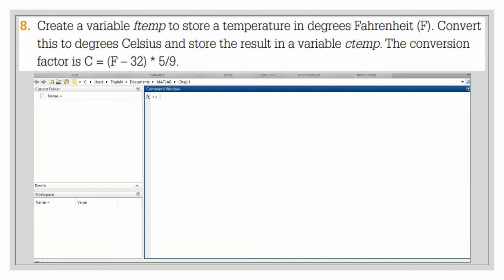Well, the question says create a variable F temp to store a temperature in degrees Fahrenheit F, and convert this to degrees Celsius, and store the result in a variable C temp. The conversion factor is C equal to open bracket F minus 32 close bracket times 5 over 9. Alright, so the variable F temp, I want to store a value there, let's say 100 degrees. Okay, and then I'm going to create a variable now, C temp,